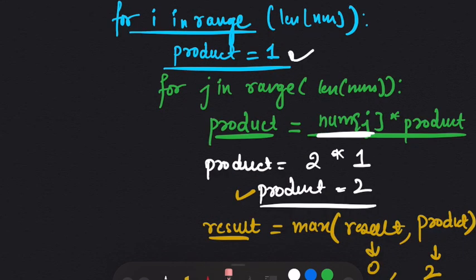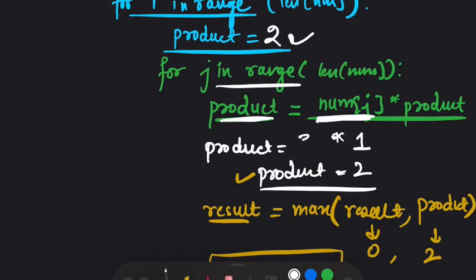So for i in range, again length of nums, and since our product was updated to 2, our product now becomes 2. After that, for j in range length of nums, our product is equal to nums j. So our nums j is currently 3. So we update this to 3 into product and our product was updated to 2. So our product is now equal to 6.